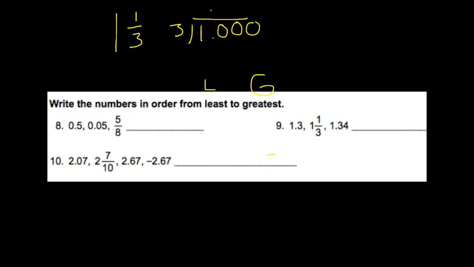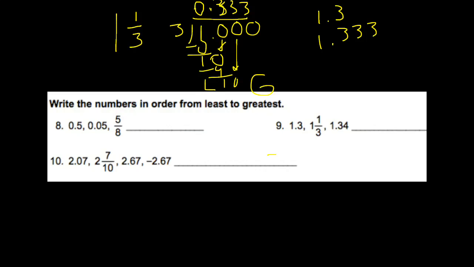3 can't go into 1, so I put a 0. 0 times 3 is 0. 1 minus 0 is 1. 3 goes into 10 3 times. 3 times 3 is 9. 10 minus 9 is 1. Bring down a 0. Looks like it just keeps repeating. So my 3 numbers are 1 3/10, 1 333 thousandths, and I can just put a little ... because it keeps going, and then 1